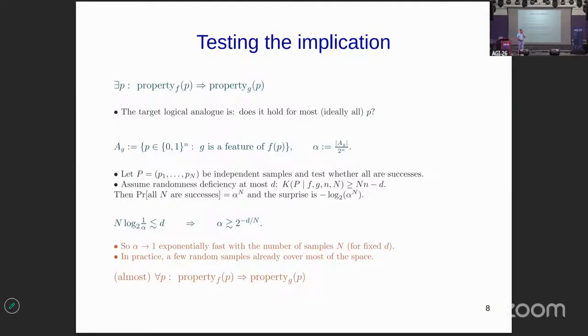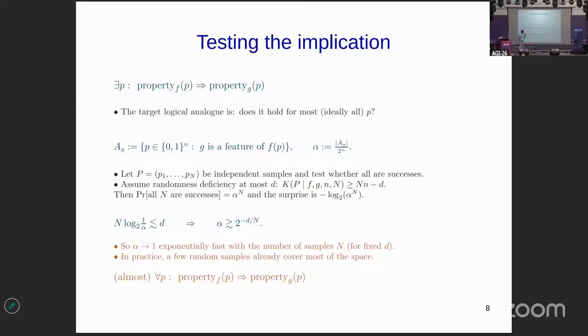If you want to know that every equilateral triangle is also isosceles, you just keep sampling several random equilateral triangles, discover the same thing about them, and then you can show that the fraction of cases where this is true converges to 1 with this speed.